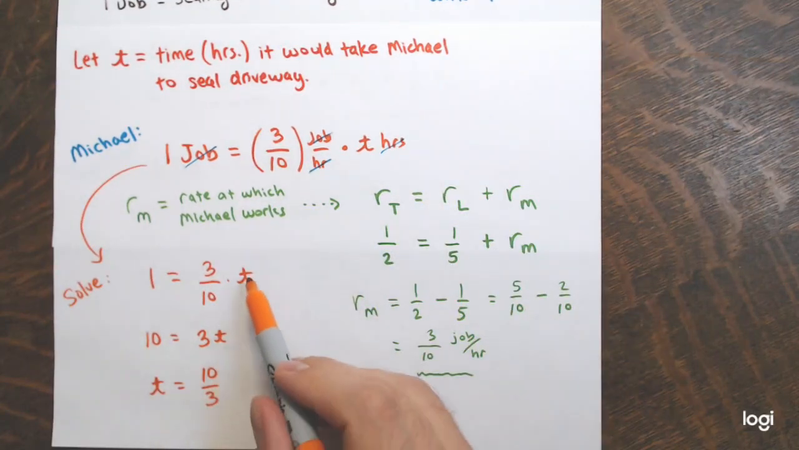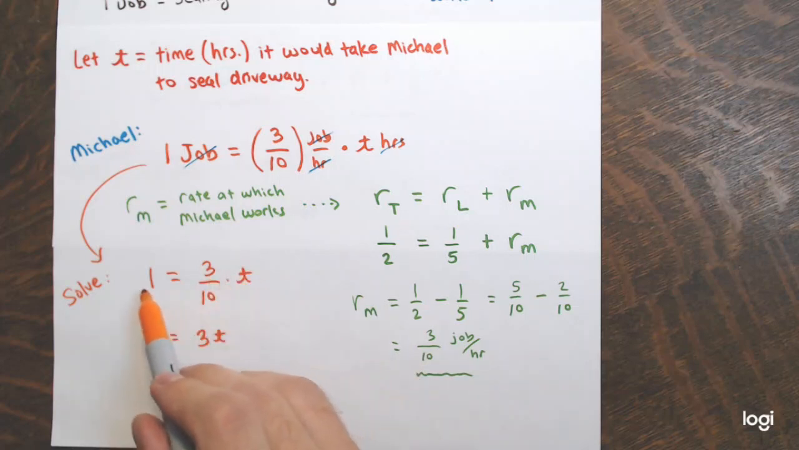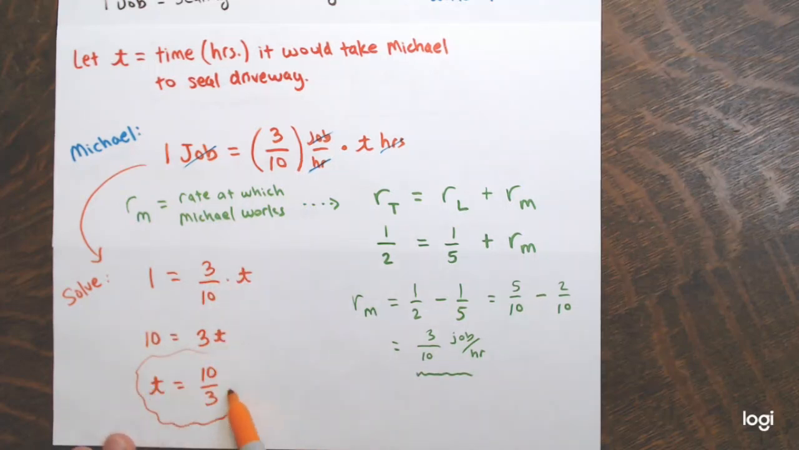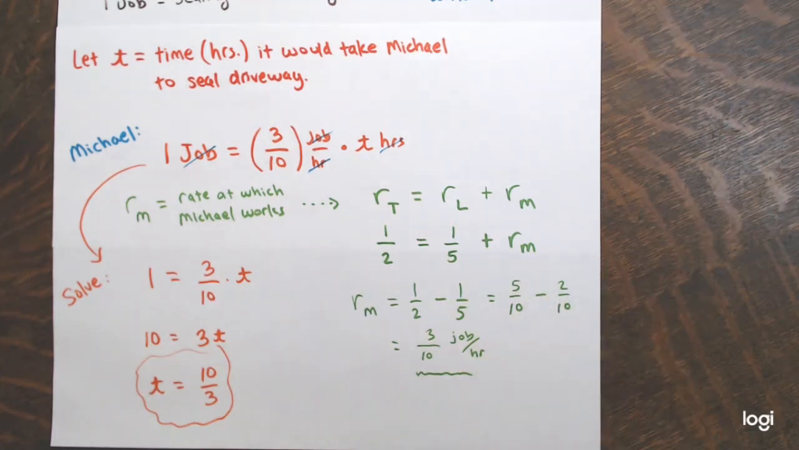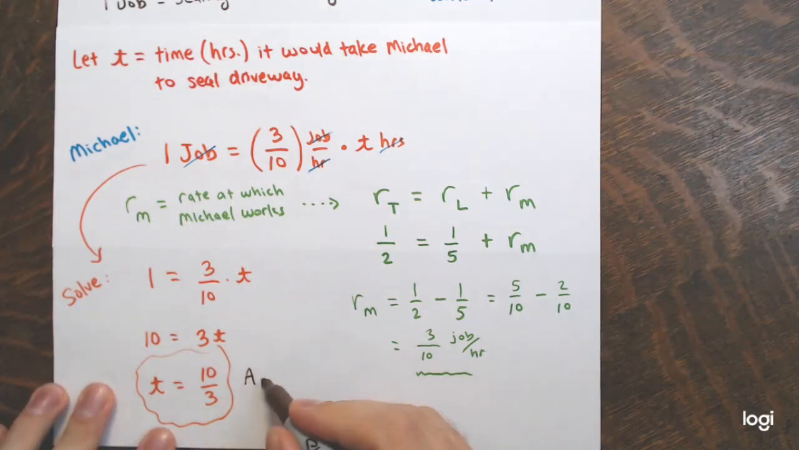When T is 10/3, 3/10 times 10/3 would indeed be 1. So this is the solution. It's just, again, that's not how I'm going to answer the question. All right. The question, it's a word problem. You should answer word problems in complete sentences and have units so that the numbers have meaning. So the way I would answer this,